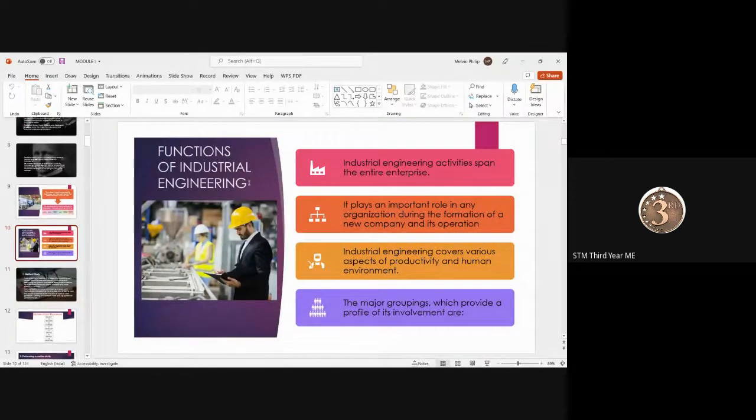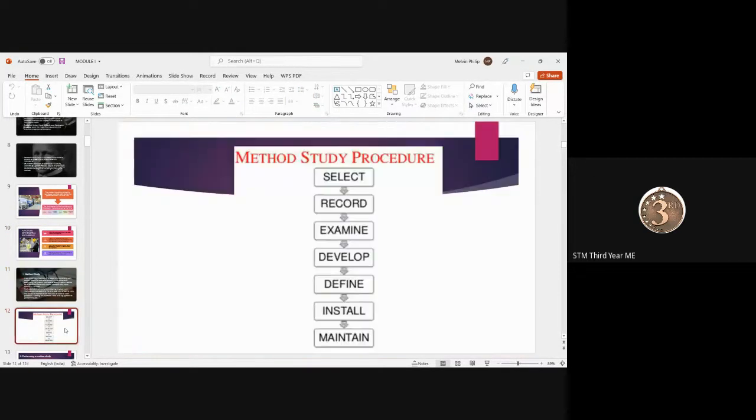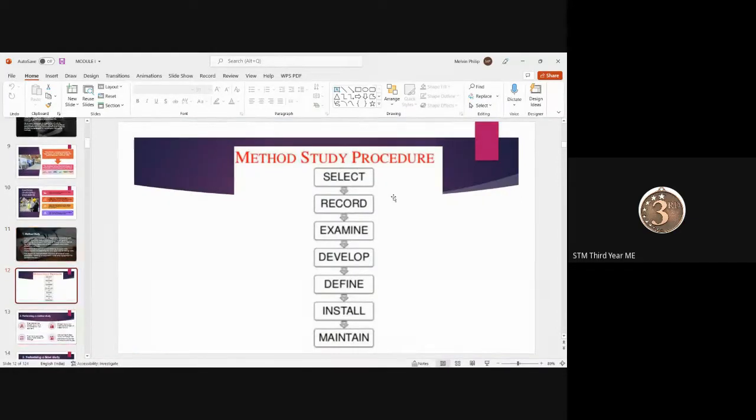Okay. This one is an important topic. What are the functions of industrial engineering? So what are the basic functions of industrial engineering? First one is method study. So under method study, you can see this is the basis of a method study, how we will be studying the basis. So first one, you have to select the procedure